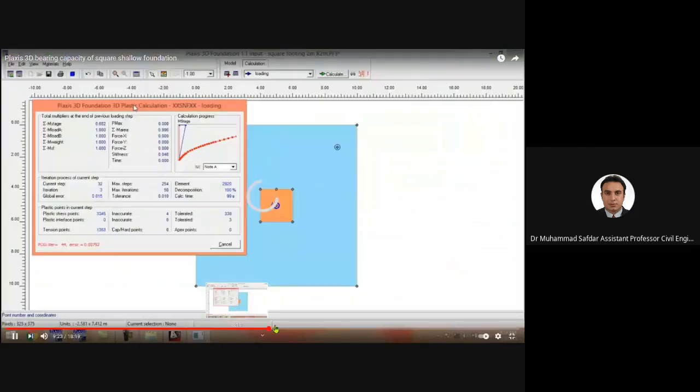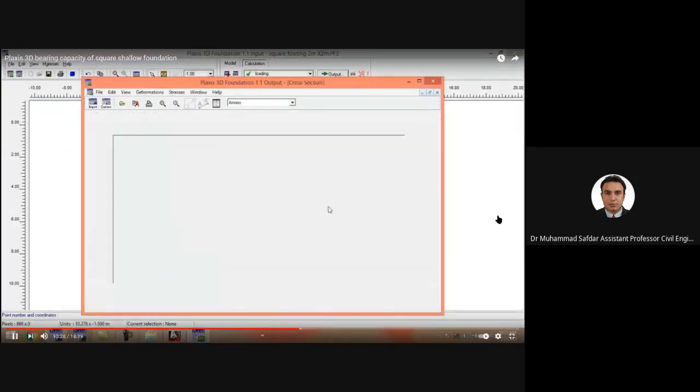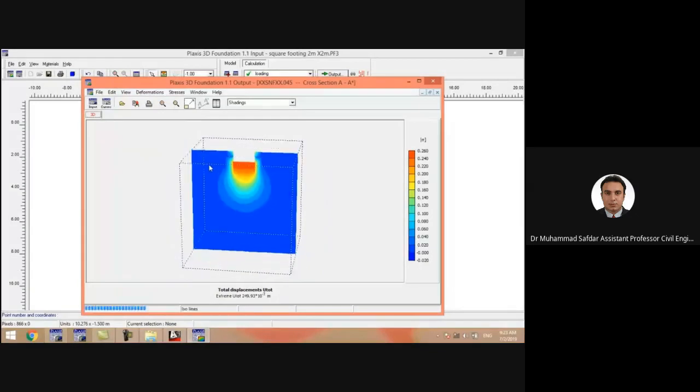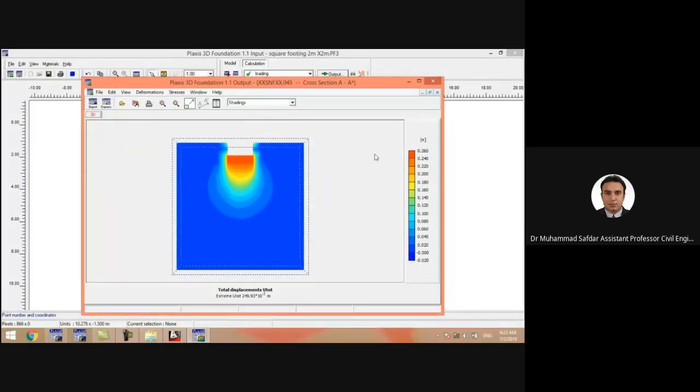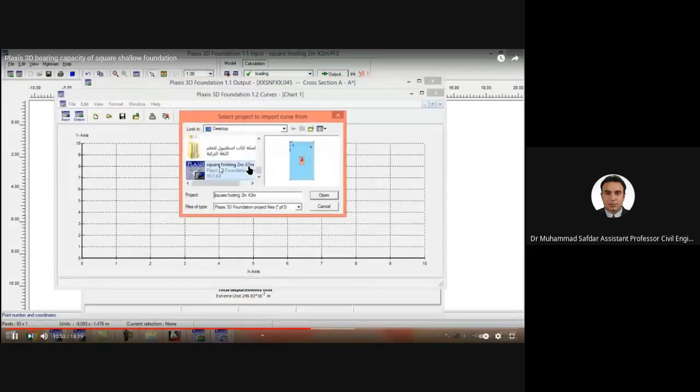Let me see if we can get the contours somewhere. It was very brief there. Yes, here. Now you can see how the stresses are distributed beneath the foundation. So it's the high stress area and the deformation is high. Okay,